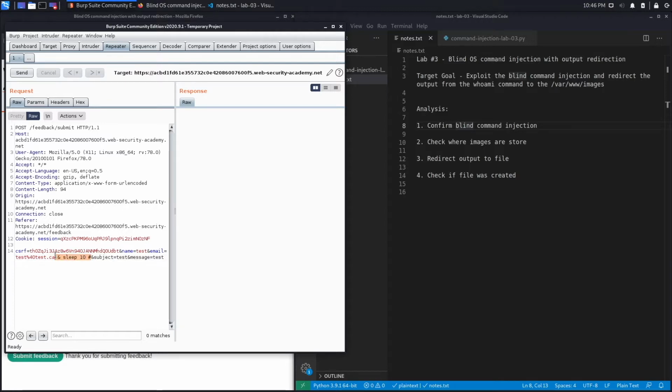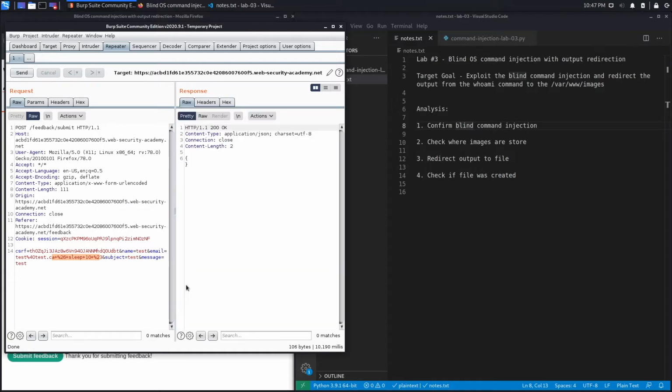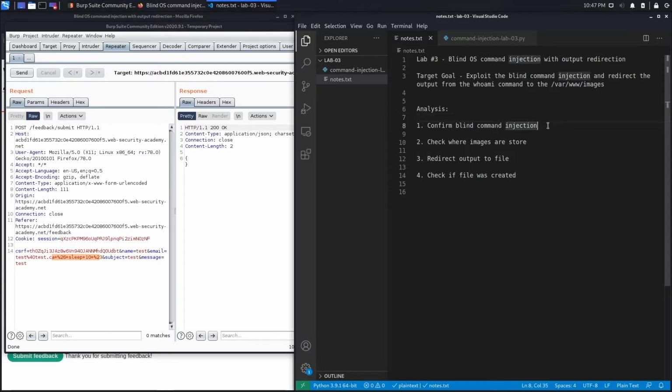And this confirms that we have a blind command injection. So Control U to URL encode it, hit send, and let's see if it takes 10 seconds for the application to return a response. And it looks like it does because we're waiting for an unusually long time. It usually takes like a second or two for it to run. And here we go. It takes a little bit longer than 10 seconds for us to get the response back. So we've confirmed that this is definitely vulnerable to command injection,